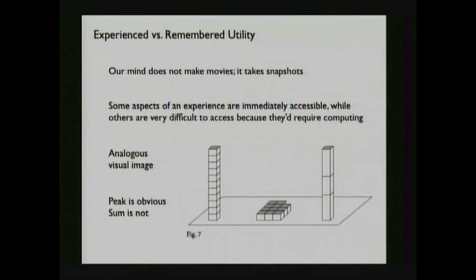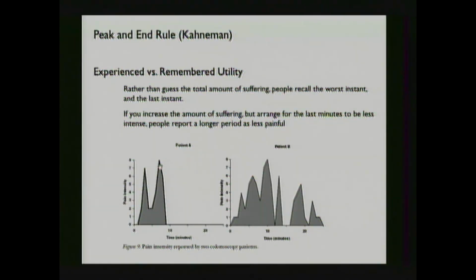So what Danny Kahneman noticed was that there's certain things, like the peak intensity, that are easy to remember. But other things, like the average, are not in any way stored and aren't easy to retrieve. So if you can imagine riding a roller coaster, you could definitely say, what was the highest point? But if somebody said, well, what was the average height that you were on during that roller coaster ride? You would have no way of accessing that. It's not something that you could derive from experience. Now, this isn't just some kind of anomaly. It actually has a really relevant